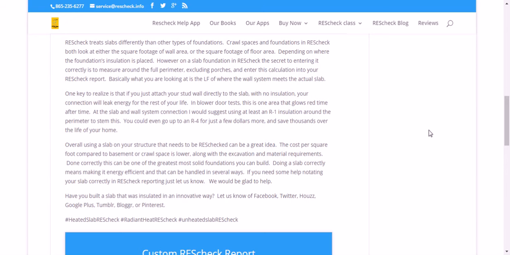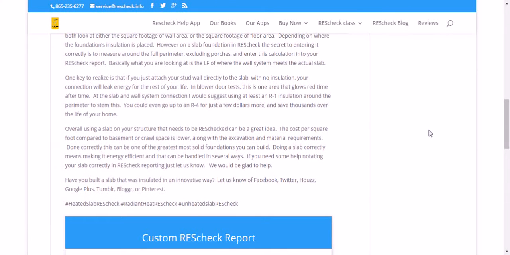One key to realize is that if you just attach your stud wall to the slab with no insulation, your connection will leak energy for the rest of your life. In blower door tests, this is one area that glows red time after time. At the slab and wall area connection, I would suggest using at least an R1 insulation around the perimeter to stem this. You could even go up to an R4 for a few dollars more and save thousands over the